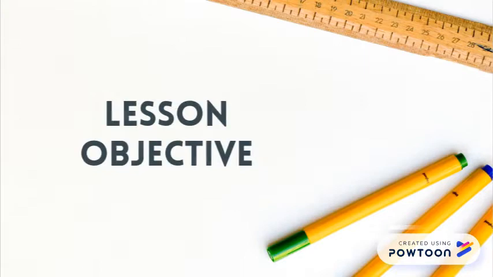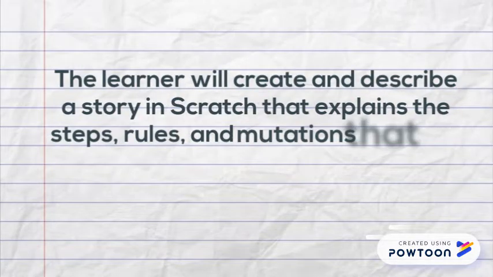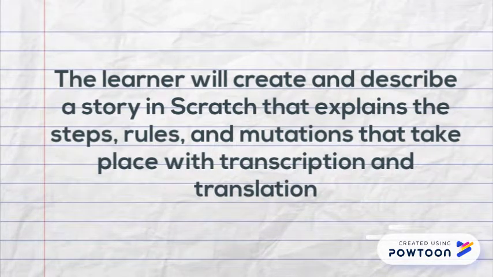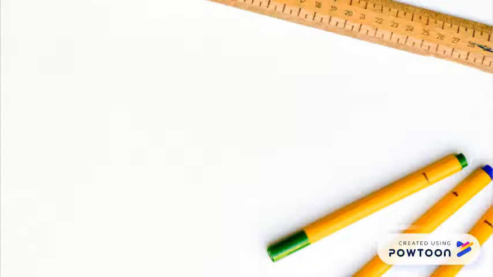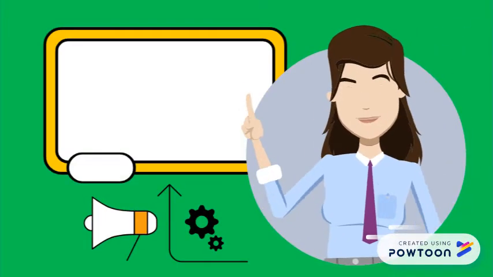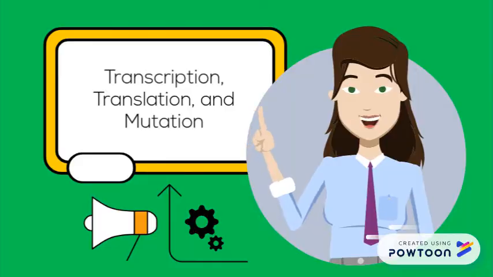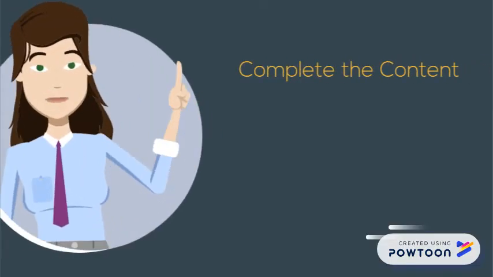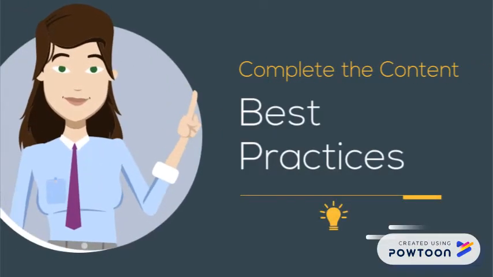The lesson objective is as follows. The learner will create and describe a story in Scratch that explains the steps, rules, and mutations that take place with transcription and translation. The lesson activities are as follows. The lesson will begin with a direct instruction over transcription, translation, and mutations. Once these basics of the biology lesson are complete, the student will move on to the best practices activities where